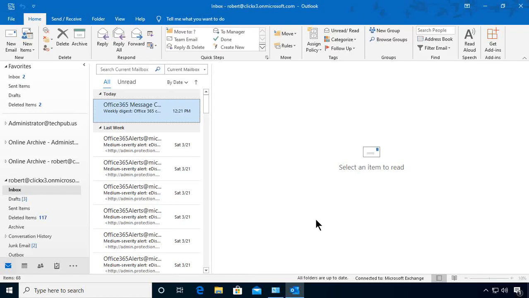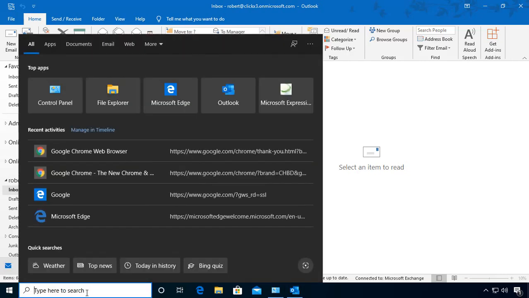There's a bug with Microsoft Outlook not being able to receive new email after it comes out of sleep mode unless you restart Outlook. So I'm going to show you how to fix that fairly quickly. What we're going to do is go down to the search box and type in